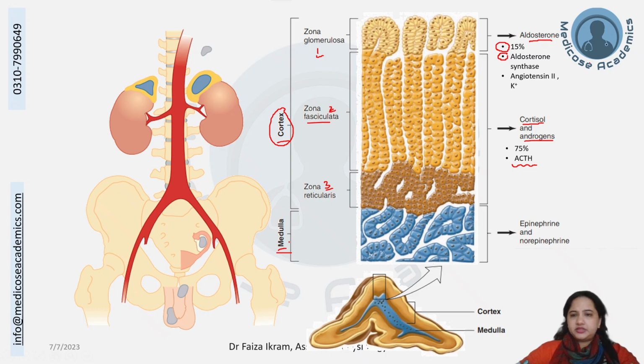One thing more I should define here: both the fasciculata and reticularis produce cortisol and androgens, but still there is some differentiation. Fasciculata majorly produces cortisol and a little bit of androgens, whereas reticularis majorly synthesizes androgens and somewhat of the